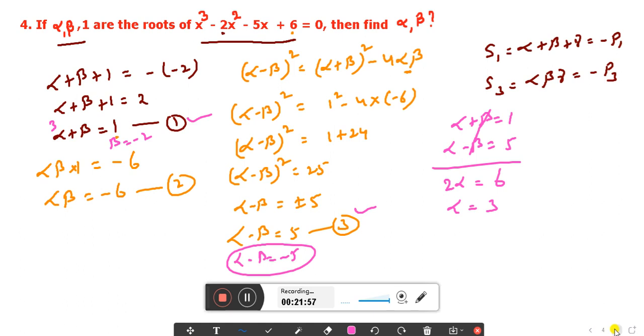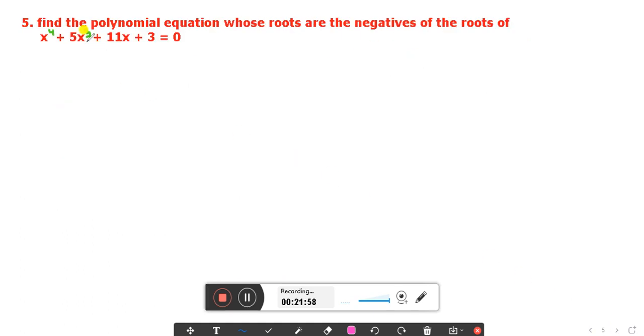And next question, find the polynomial equation whose roots are the negative of the roots of x power of 4 plus 5x cube plus 11x plus 3. For this one we have to write the negative roots. So here the given polynomial is f of x equals x power of 4 plus 5x cube plus 11x plus 3 equals 0. For the negative roots of the equation we have to write